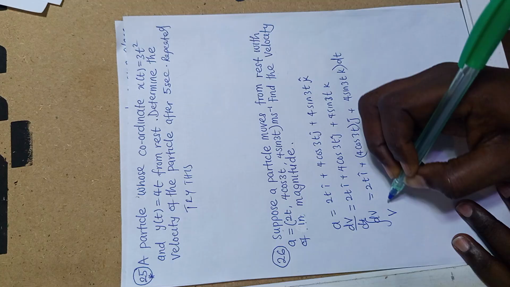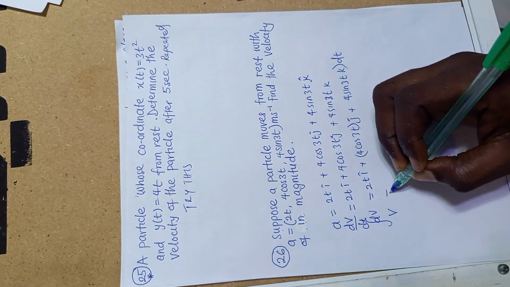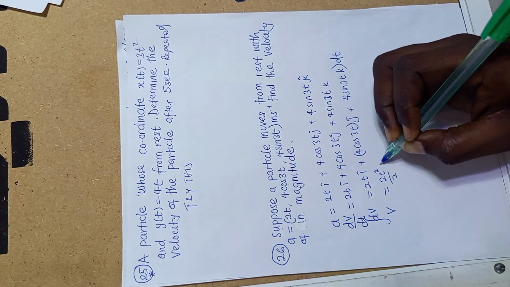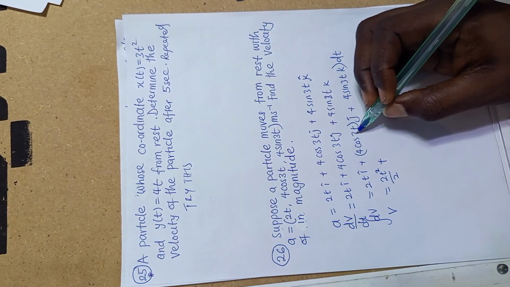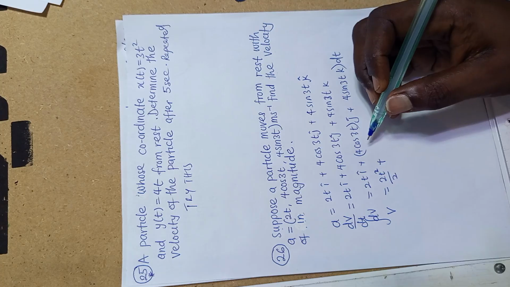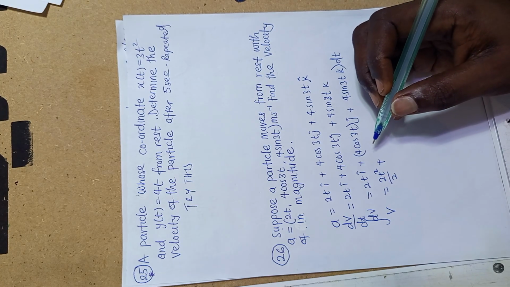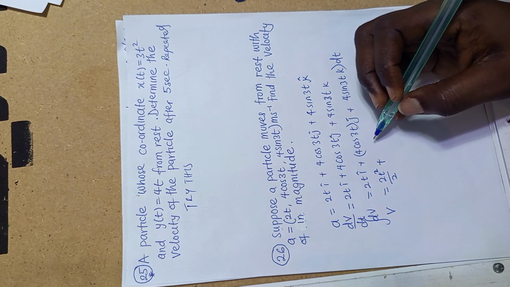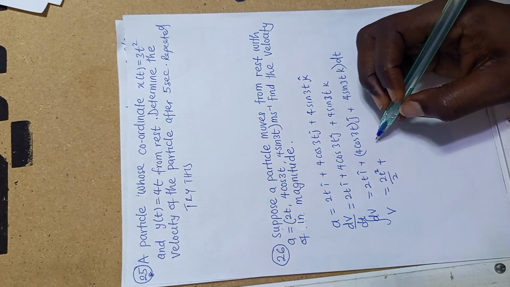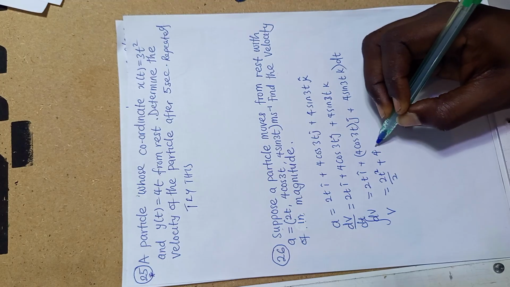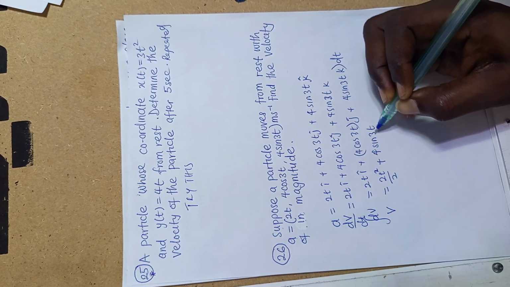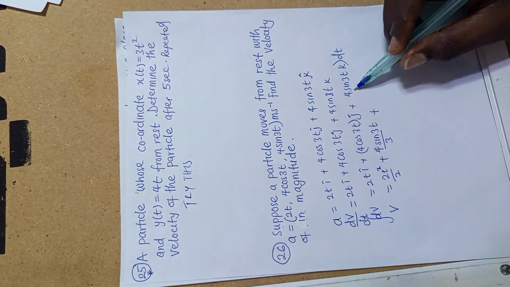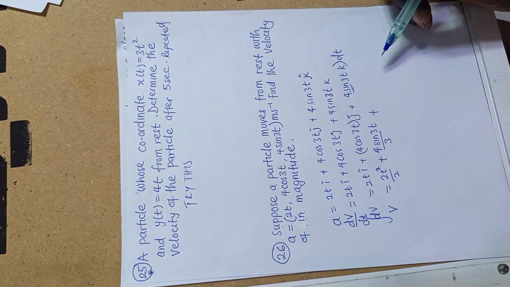So we integrate. v is equal to 2t square over 2 plus, if you integrate cos, you are going to have sine. But if you differentiate cos, you are going to have minus sine. So if you integrate cos, you have sine. So 4 sin 3t over 3 plus,